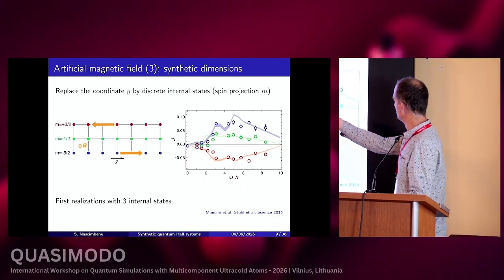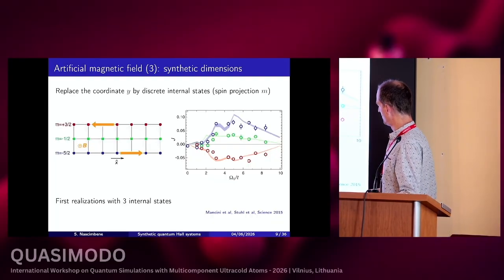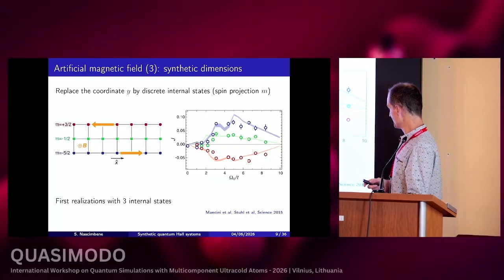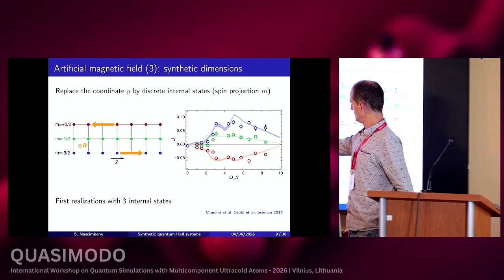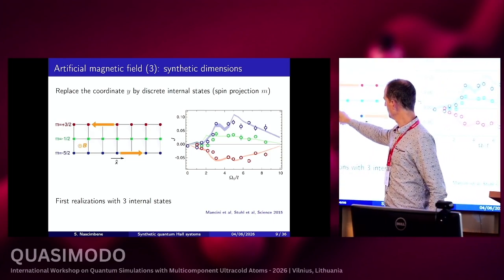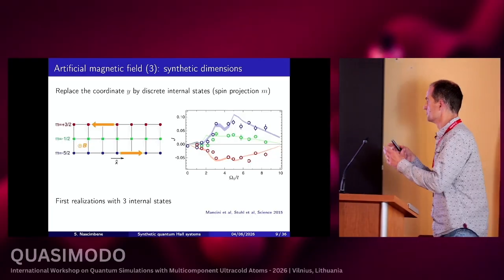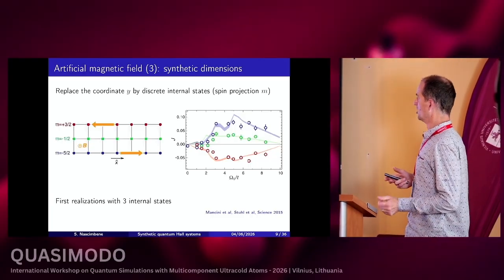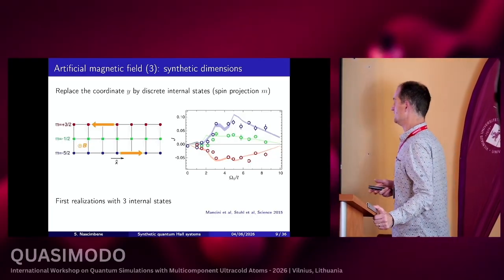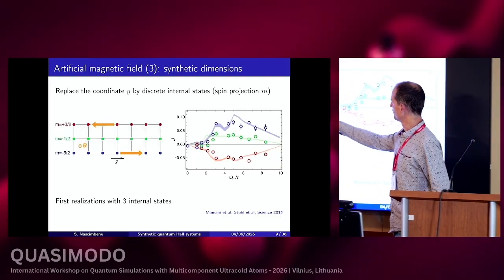So this is a picture taken from one of the first experiments, where you see on the y-axis 3 spin states that acted as 3 effective sites of a synthetic dimension. And this was sufficient to observe chirality, if